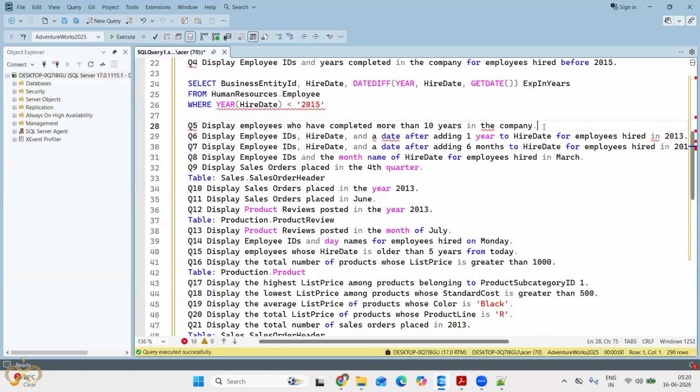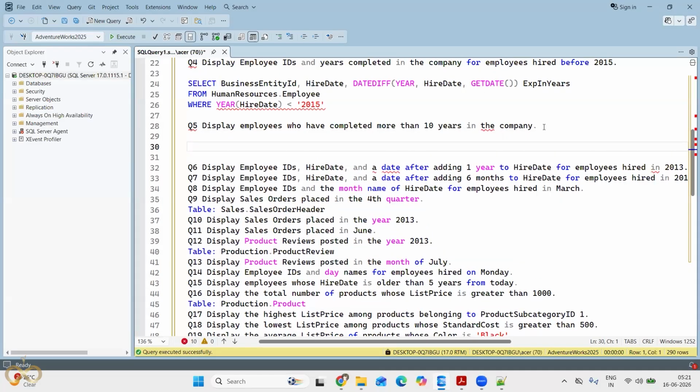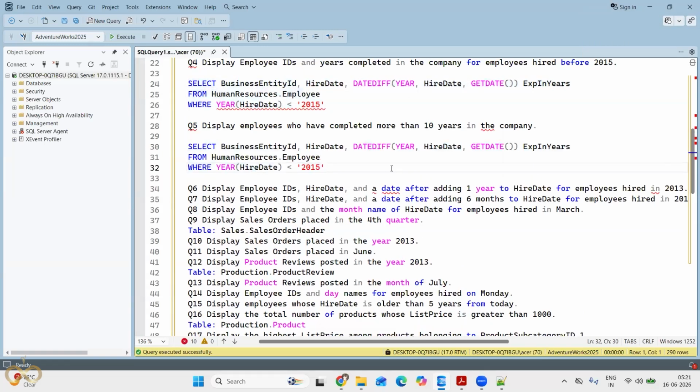Okay, the next question says display employees who have completed more than 10 years in the company. So how to filter that? Who has completed more than 10 years? Same as question number 4. Right, so same query you can just copy paste, and in the where clause, instead of